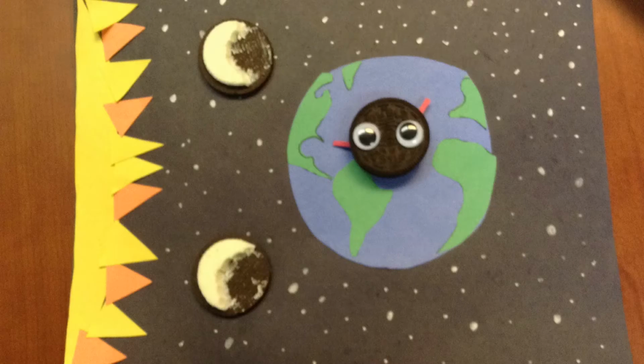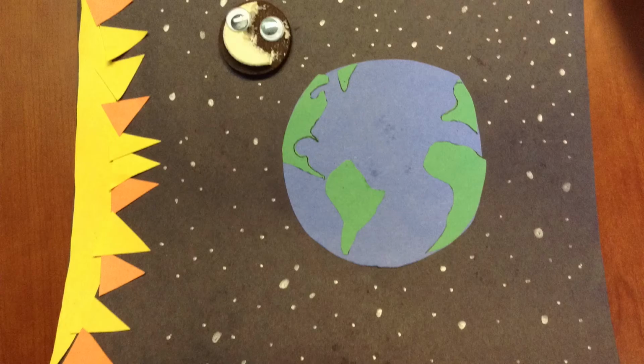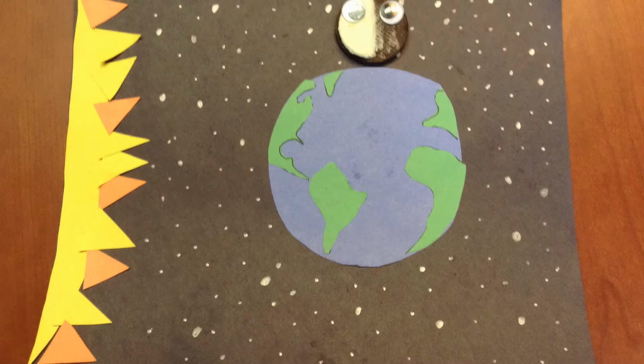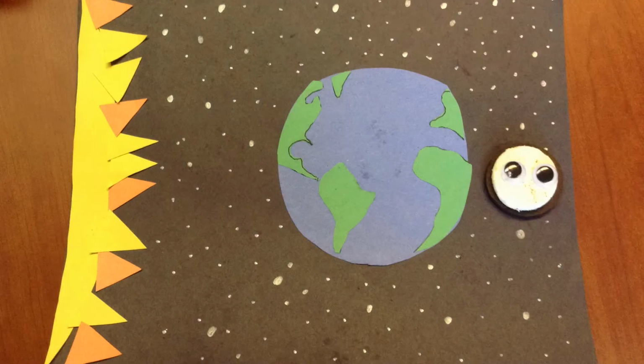Once Coreo knew all this, he practiced through the stages, so he started with the new moon. In this stage, the moon is directly in between the sun and the earth and is completely dark. The moon then becomes a waxing crescent because it is less than halfway lit and getting bigger. We then reach our first quarter mark. After our first quarter mark, our moon is at a waxing gibbous, and now we've reached the halfway mark with